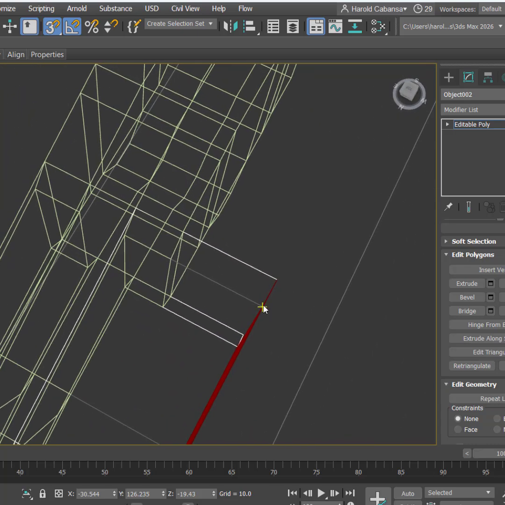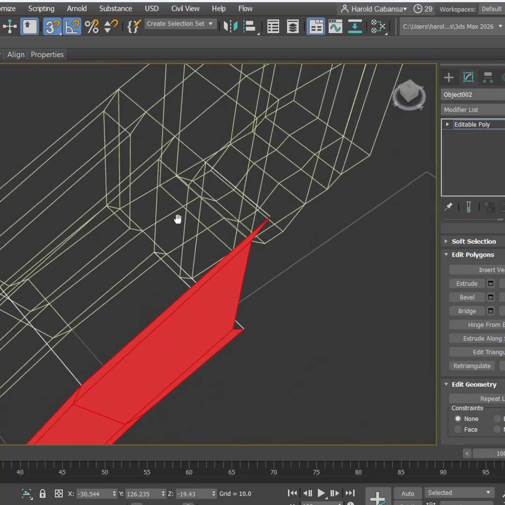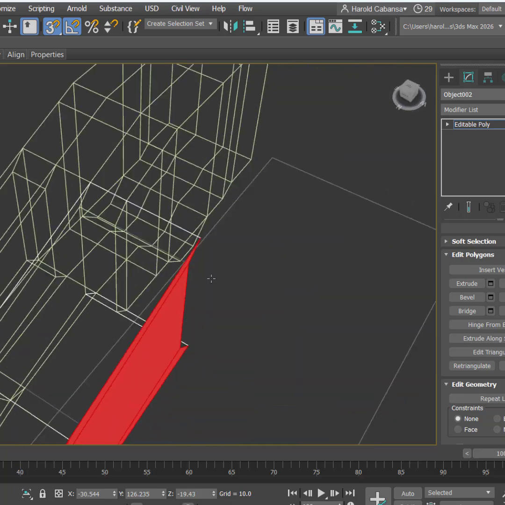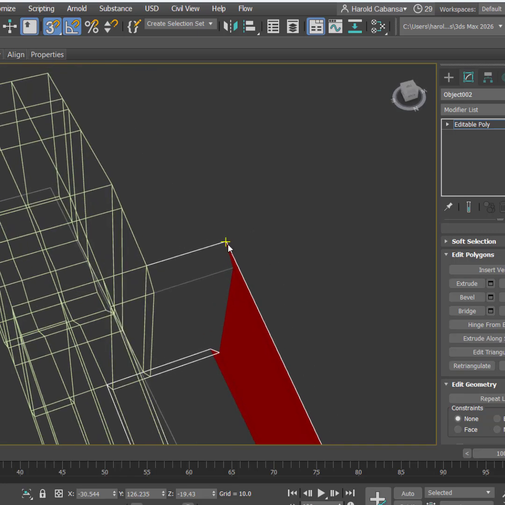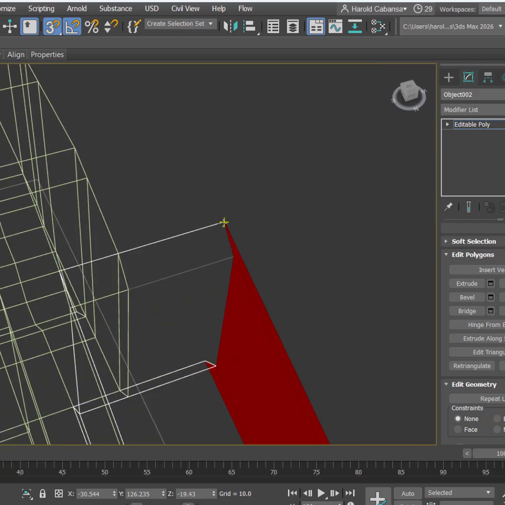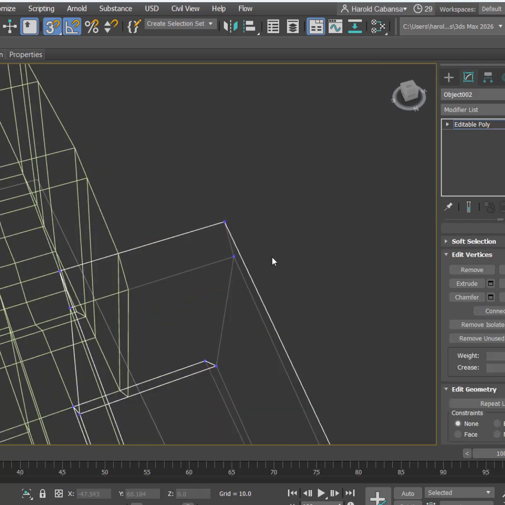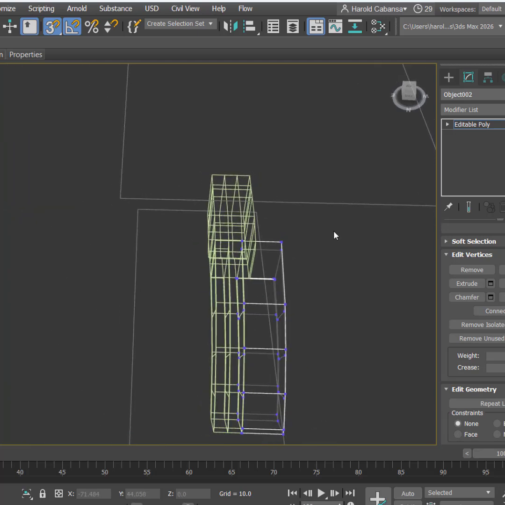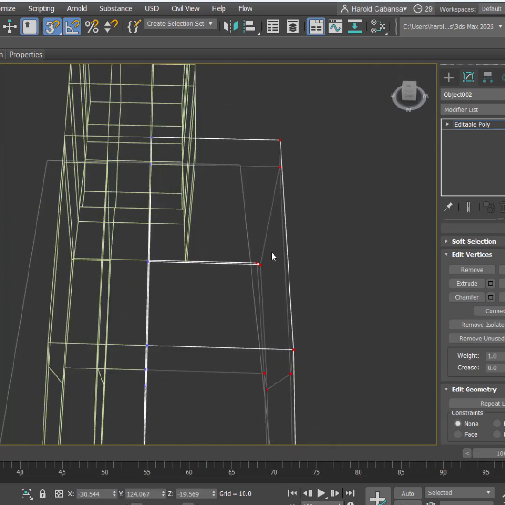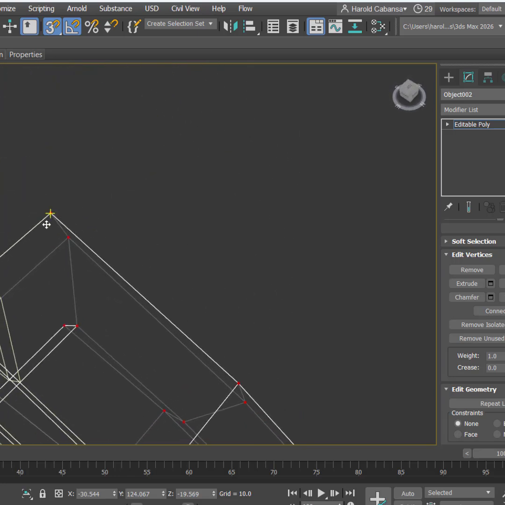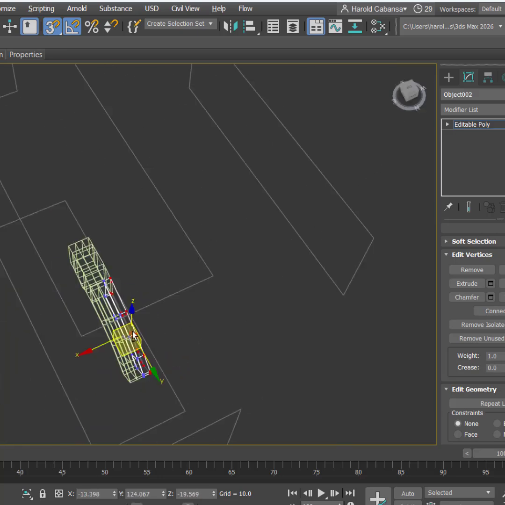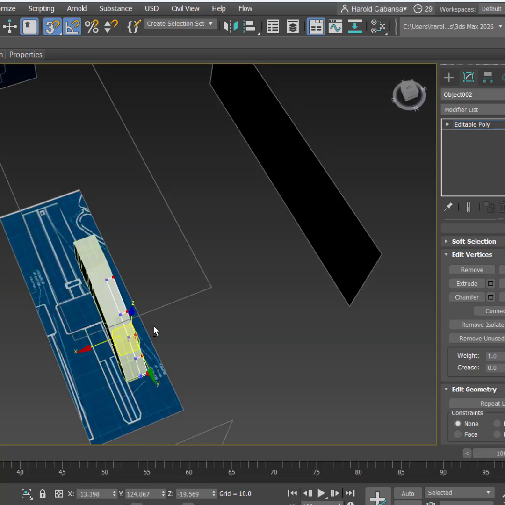So I'll just drag this, oops, there's too much, there, and press 1, right? I can select all of those vertices here, and then I can just simply, there's the vertex, drag it, there it is, pressing 3, 4,